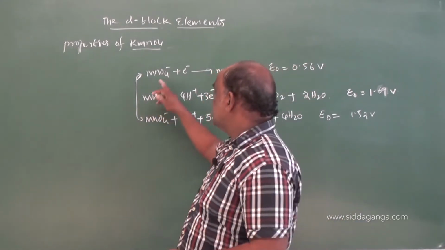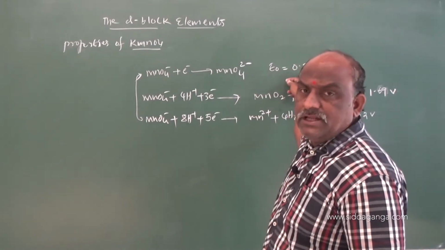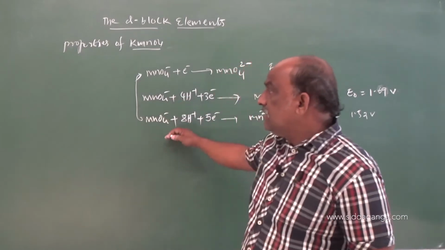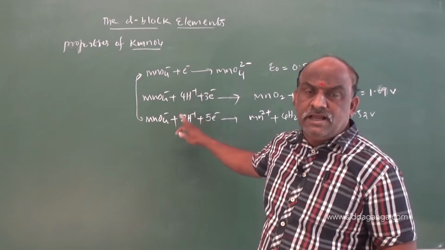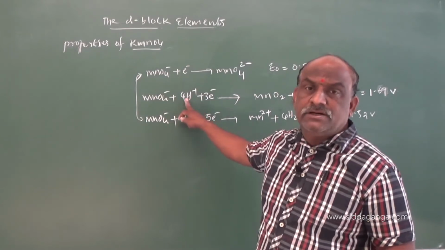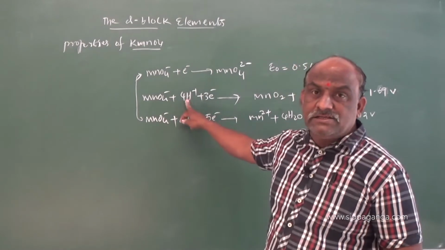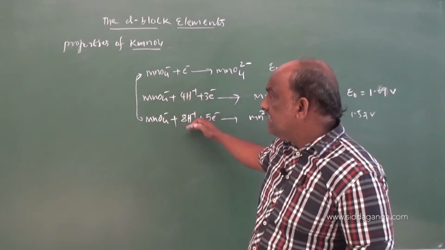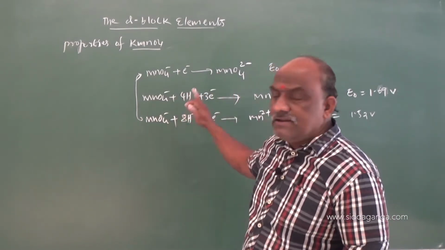Once you observe this, without the hydrogen ion concentration, the electrode potential value is much lower, only 0.56. So these reactions are influenced by the concentration of hydrogen ion. See this, 4H plus, 8H plus. The reactions are influenced by the concentration of hydrogen ion, and according to that concentration,